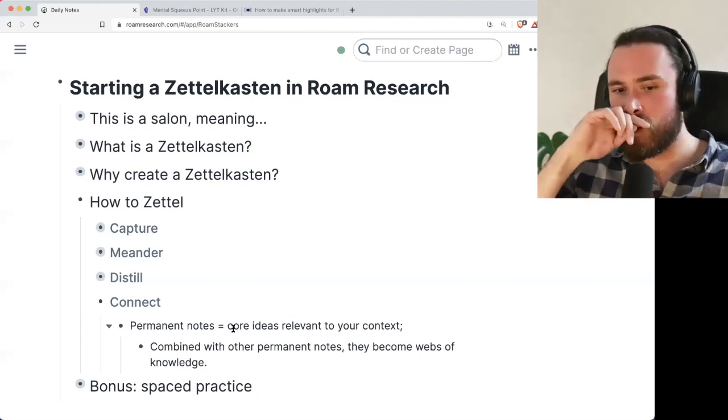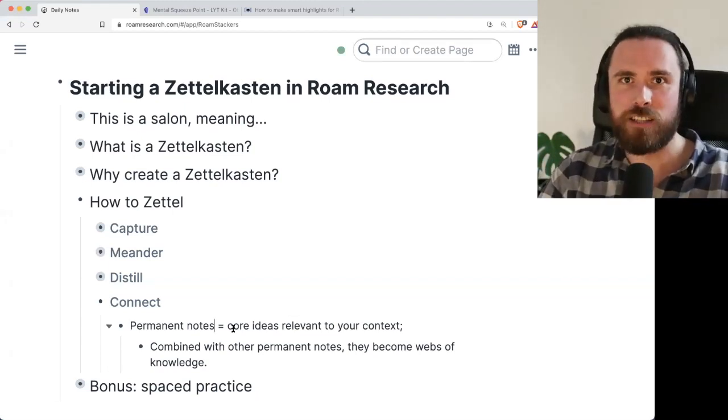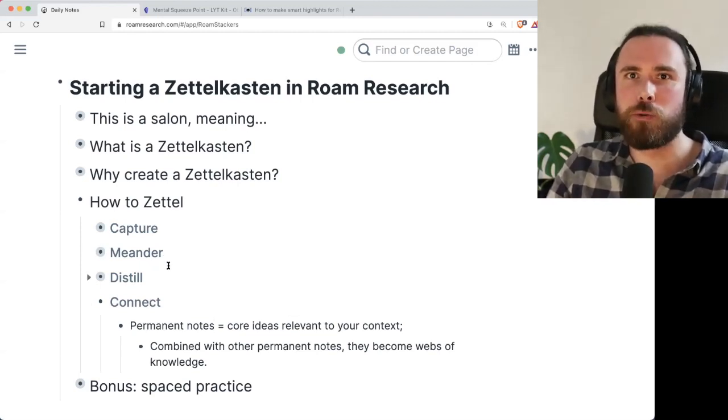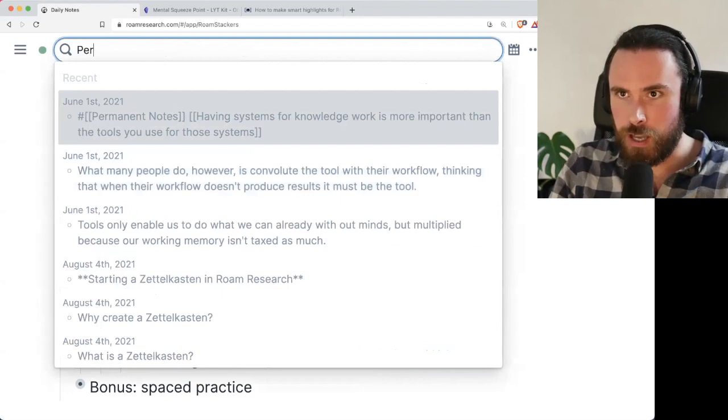But you will want to have some structure, because if you don't have any structure you can lean on, then it becomes very difficult to actually revisit those notes. So this entire process only helps if you then actually do something with those notes. So like I said, you can write outlines with it, but you will want to expand on your knowledge and really create webs of knowledge. So if I go to the permanent notes page,